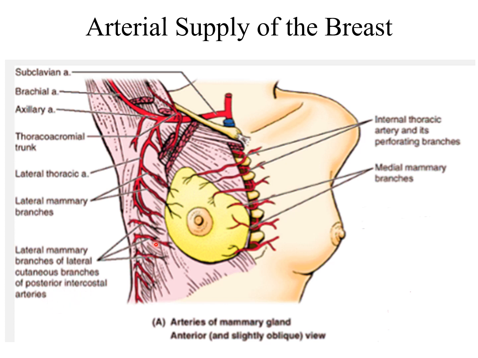posterior intercostal arteries. From the posterior intercostal arteries, branches are coming to supply the breast also. So the lateral area is mainly supplied by the thoracoacromial, lateral thoracic, as well as posterior intercostal branches. And the medial part of the breast is mainly supplied by the branches from the internal thoracic artery and its perforating branches, which are penetrating and supplying the breast tissue on the medial side.